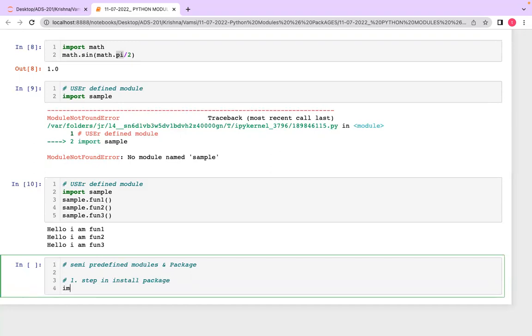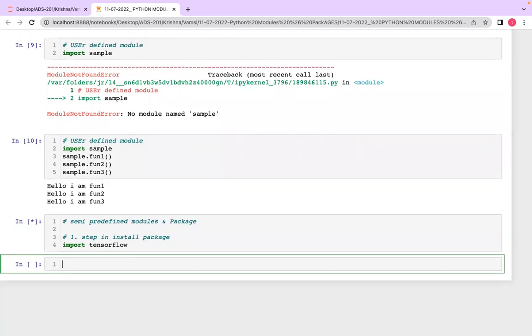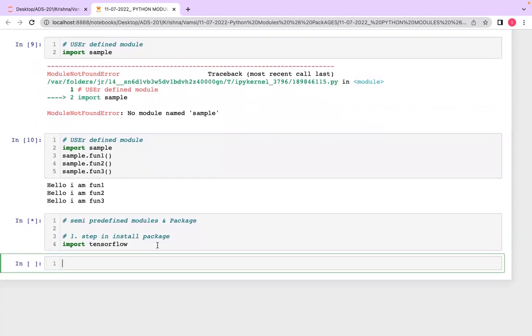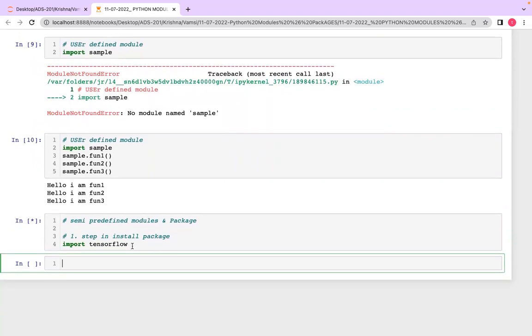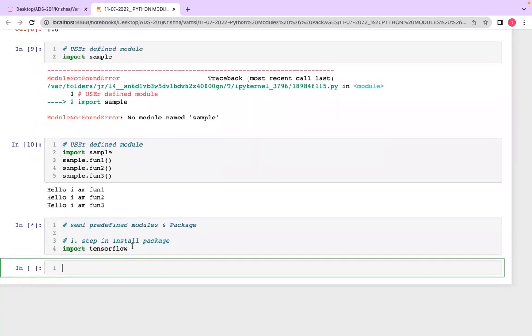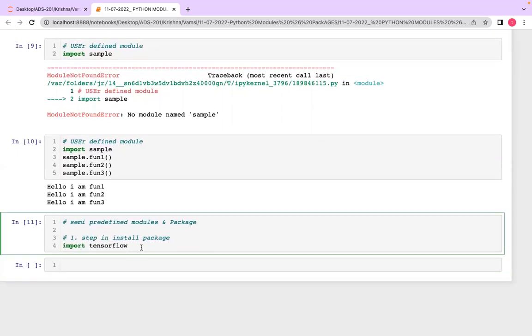Let's import TensorFlow. Maybe the module is there, so that we are not getting any error. If the module is not there, definitely we'll get an error. Yes, TensorFlow is there, so you are not getting an error.